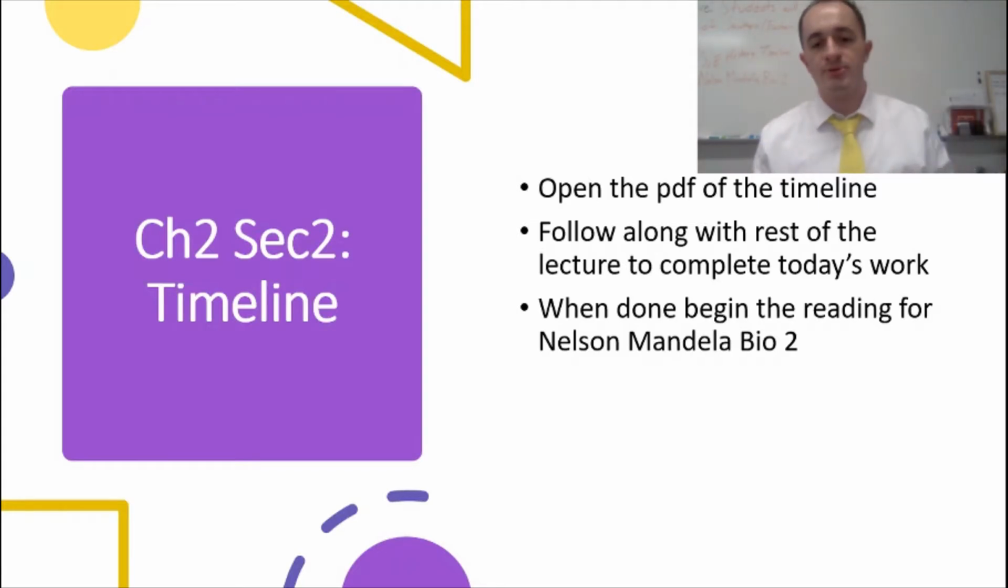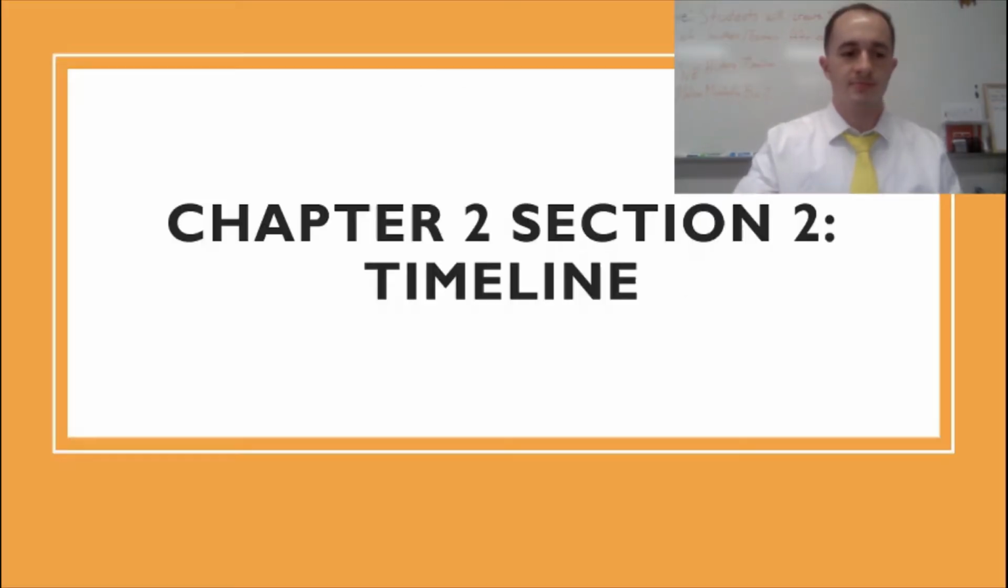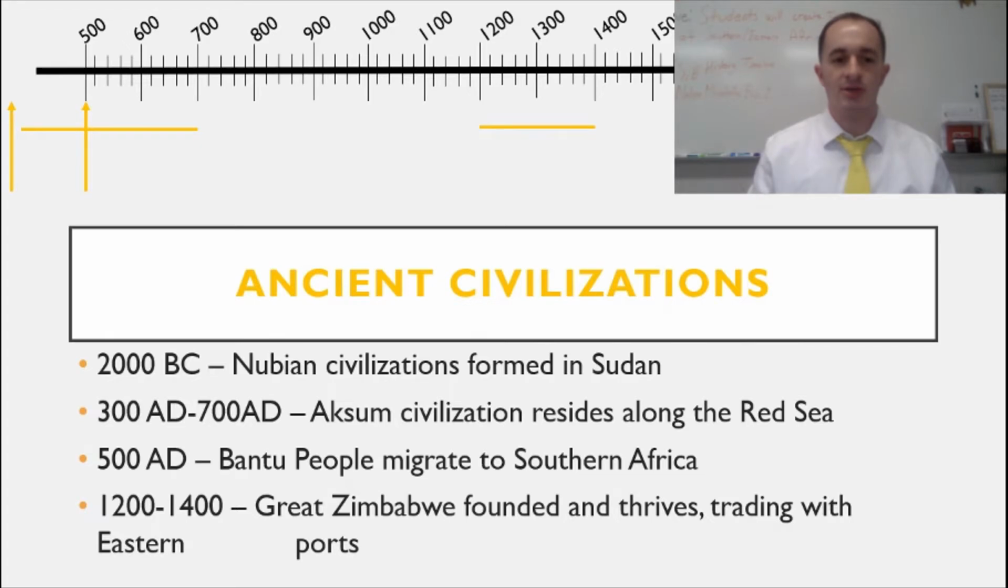So I'm going to go through this with you guys. Let me open up the PowerPoint, Chapter 2, Section 2 timeline. Okay, so we're going to start with ancient civilizations. A lot of this should be stuff that you have recognized because it's all things that we talked about yesterday. So in 2000 BC, that's our first thing, our first arrow on the far left,